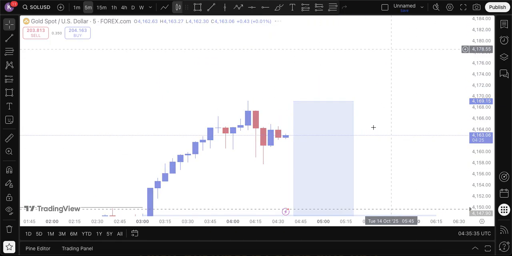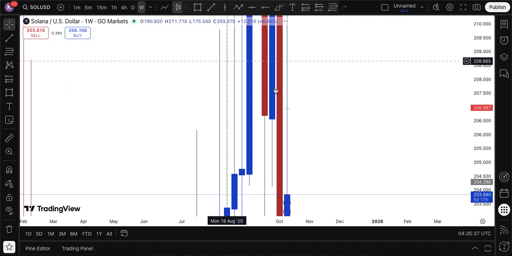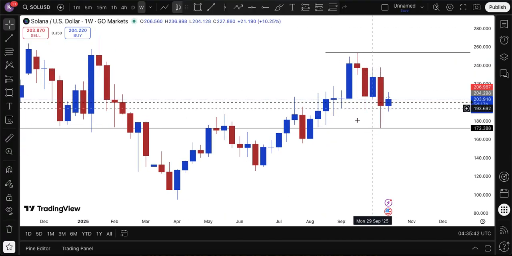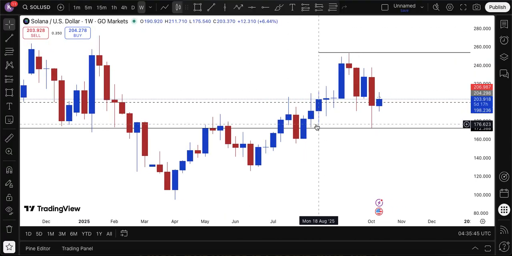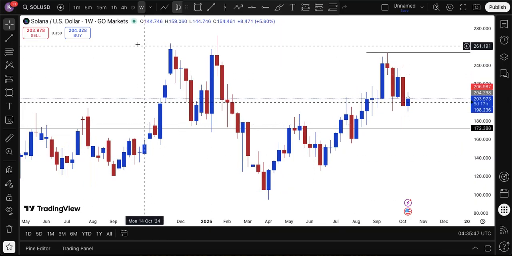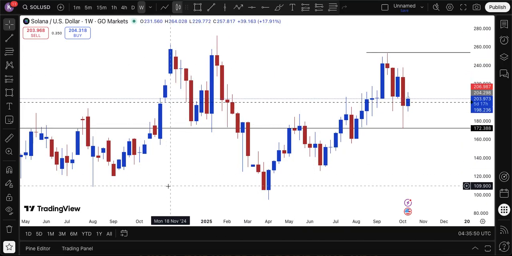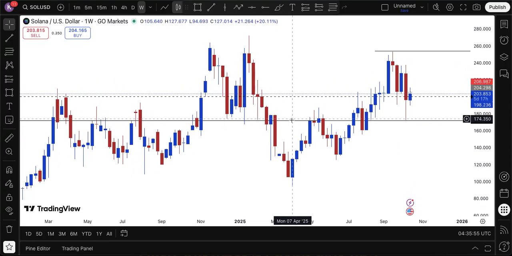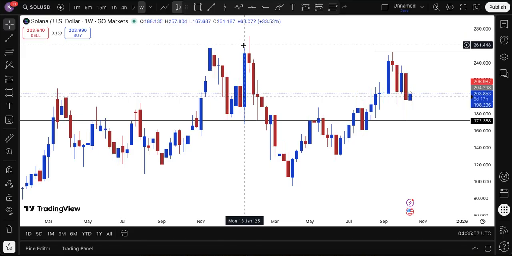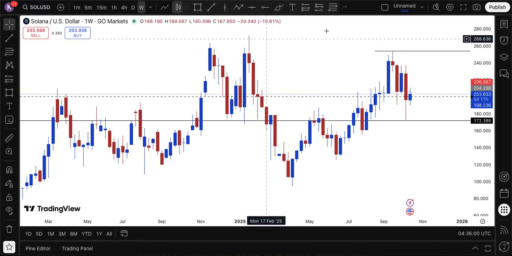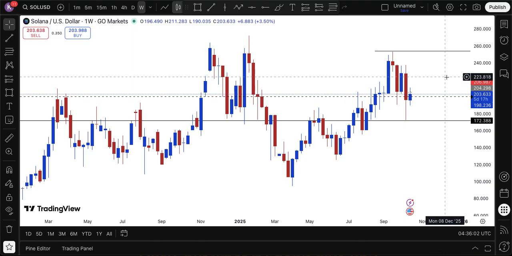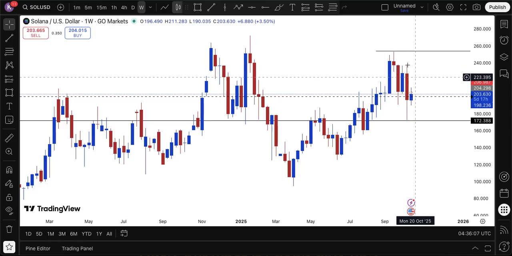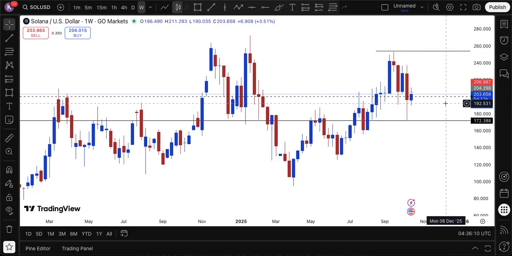So going to Solana, and I did Solana already. Solana was pretty straightforward because on the weekly we saw Solana coming to this sort of order block, because the flow of the market was a double M pattern. We reversed, obviously cleared out liquidity. So now we're bullish, and we're gonna be bullish on market coming from here until we get to this point, I think. And market tapped into this supply zone. It didn't clear this liquidity. So what it's telling us is market is still gonna come clear this, I think. It's just having a little bit of a pause to come back to another order block to then break through it.